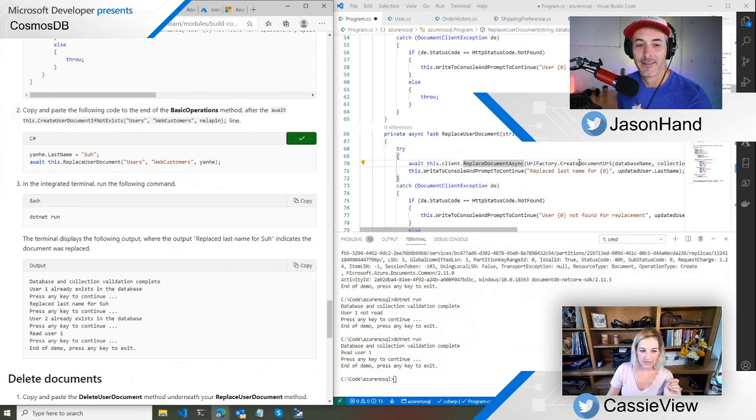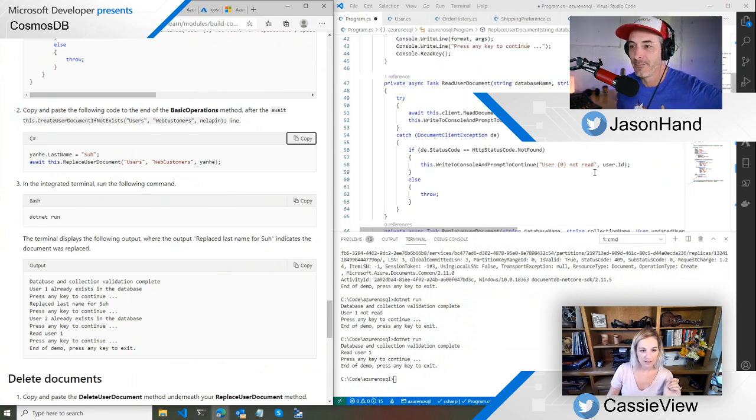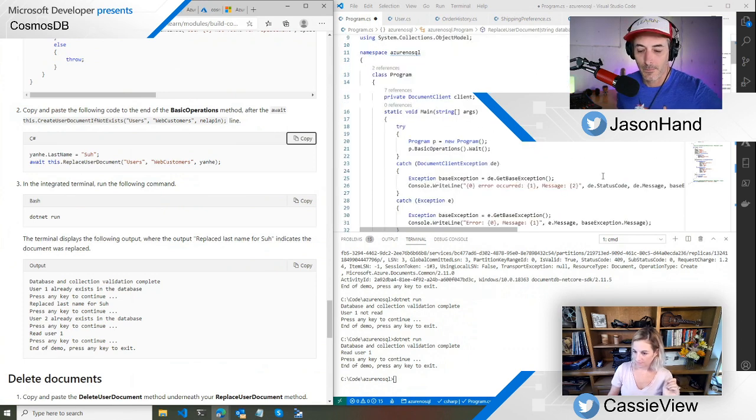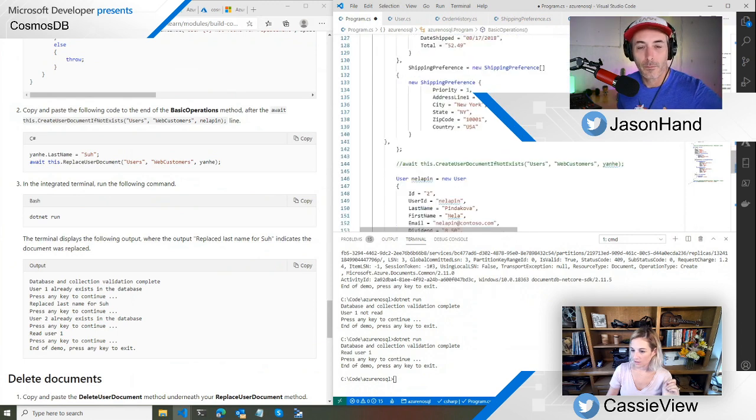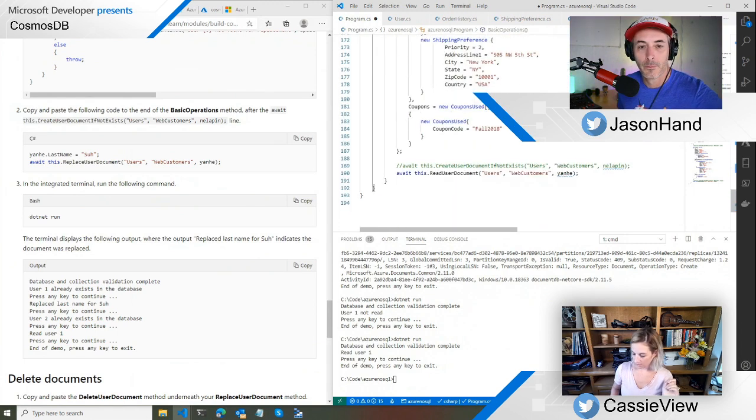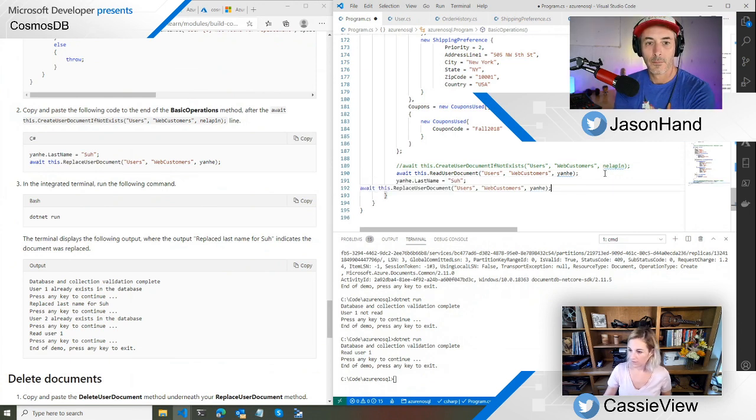Okay, so this .create user document if not exist. Okay, so let's go to my basic operation. And comment. I guess, I mean, we could still read it, but, well, I guess, yeah, we can read the before and after output. So let's read it before and after. Although I believe this is only logging the ID.